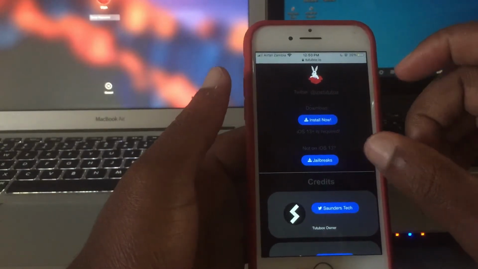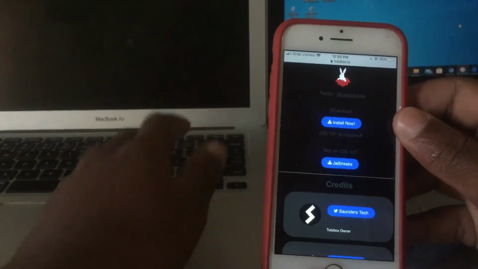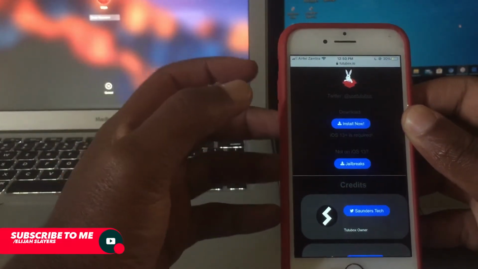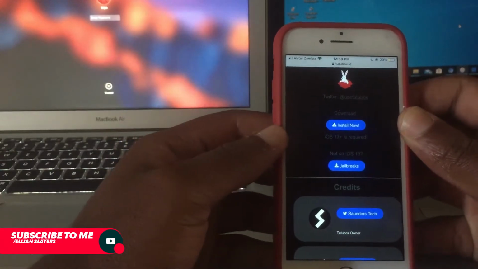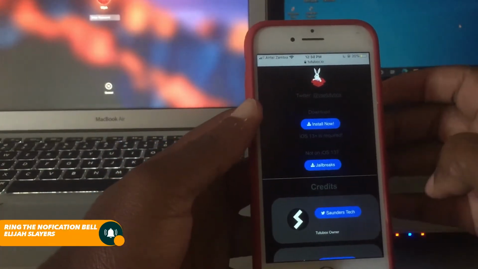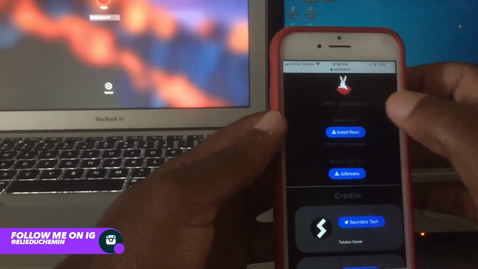If you don't have iOS 13 or iOS 14, Soundotech actually says that he'll be releasing a new jailbroken state, so that people still using iOS 12 can also install third-party applications on their iPhone. So for right now, I'm using iOS 14. I'm just going to click on install now,